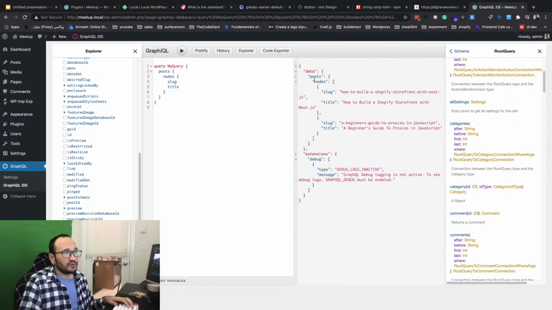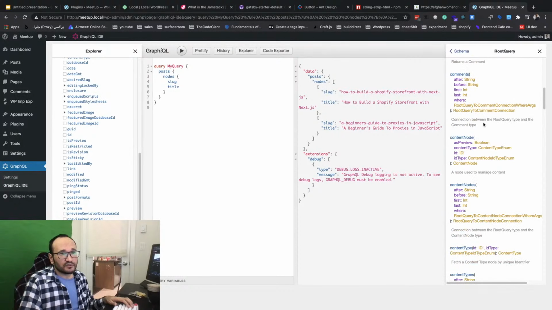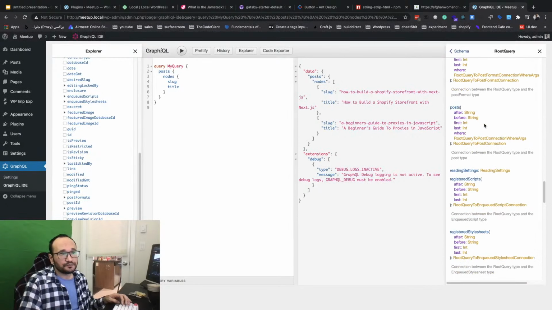So for example, today we use a post, so you can just find post, and then this is the element, the string or argument you can pass to the post to query different data you want. For example, you want to get the first element, the last element, or maybe you just want to do pagination stuff, so you can just do it here. And so that's it.